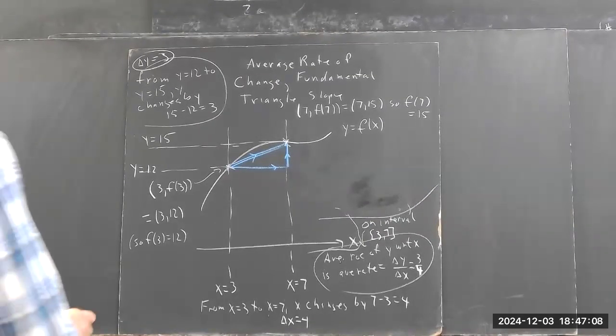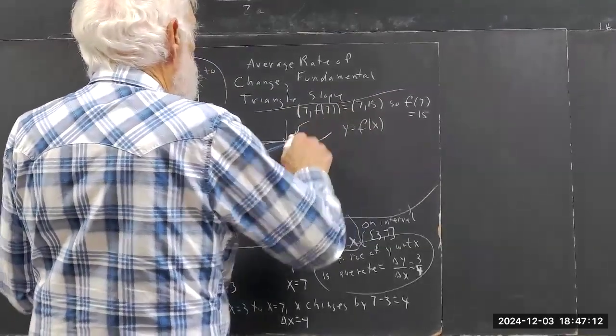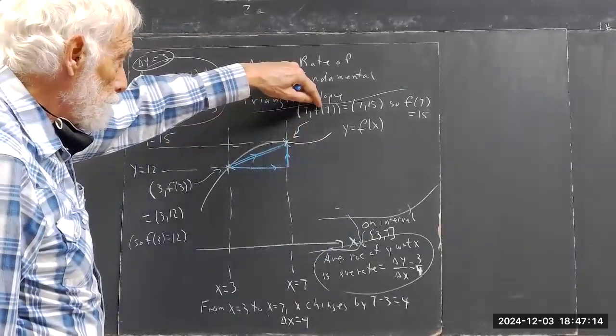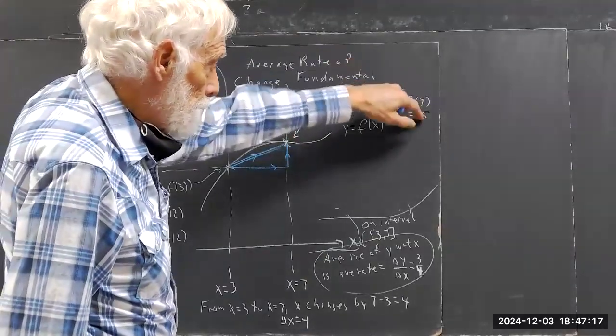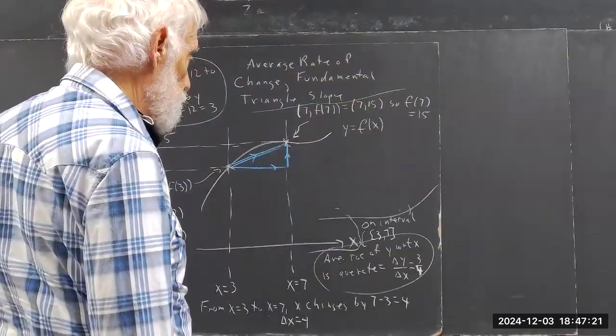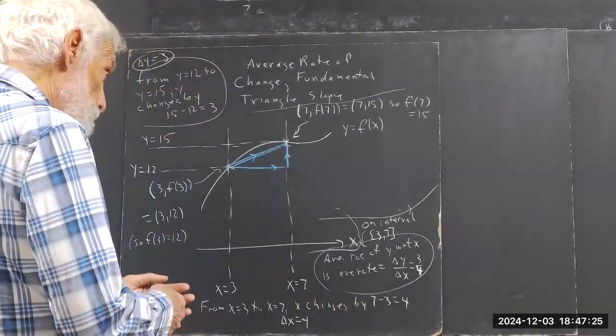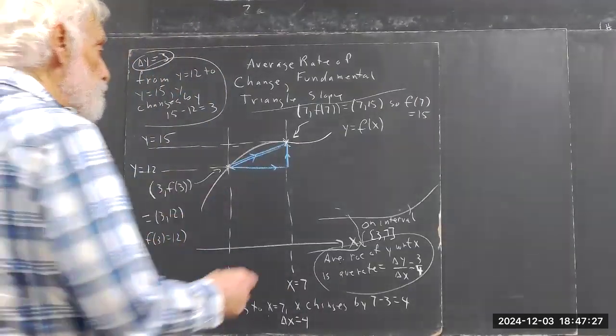Okay, I still got this information. f of 7 is 7/15, so f of 7 equals 15. I've written it up here to leave myself some room down here, also so I'm not crowding this much. Okay, now the rise